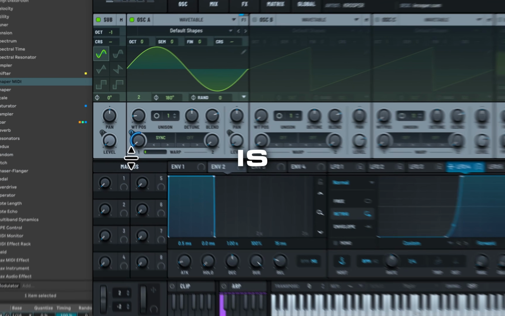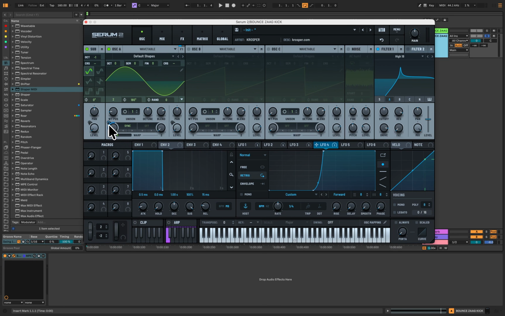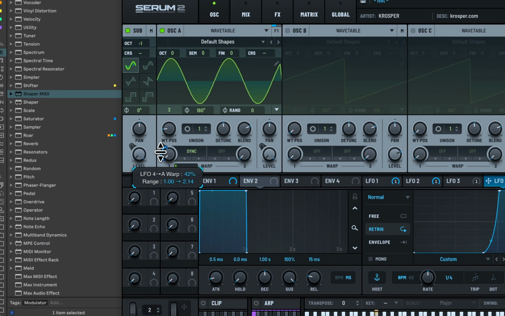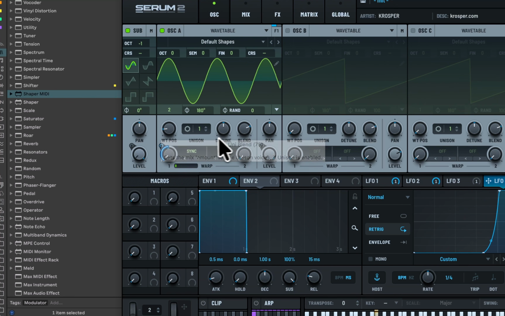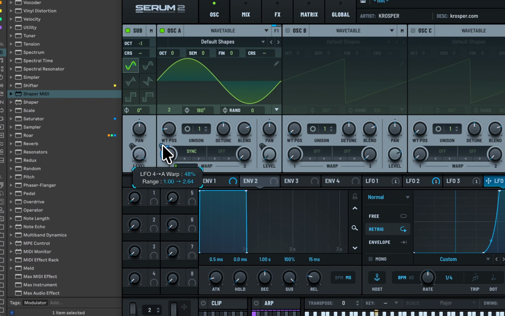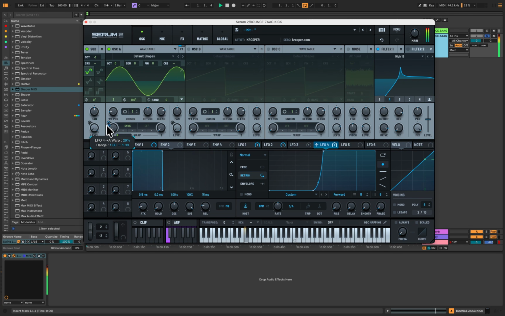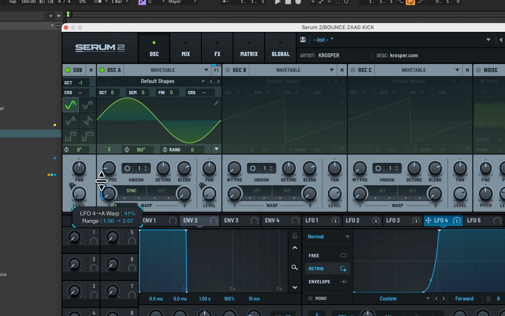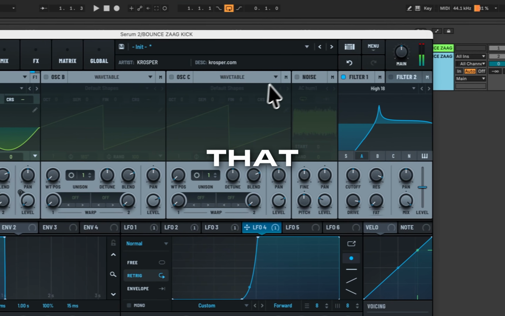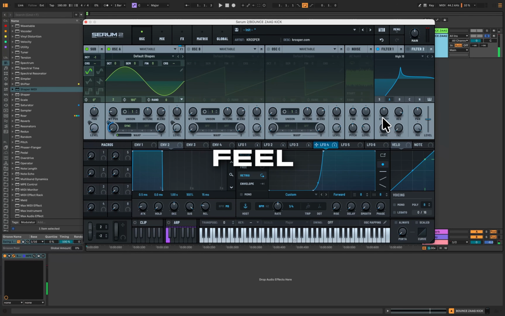What this is doing is affecting the second part of the bounce. That is a huge part of what makes this feel more like a bounce zag kick instead of just a